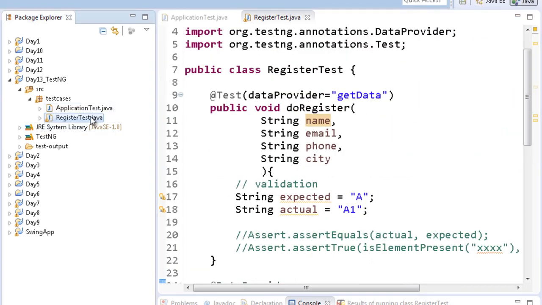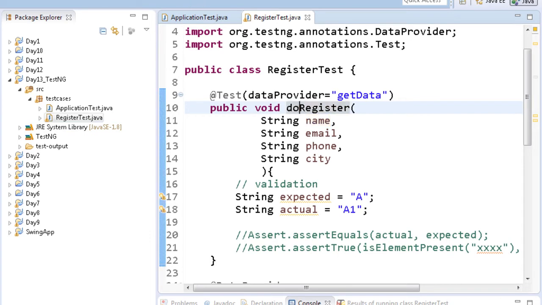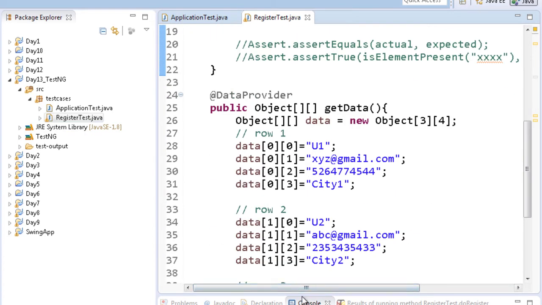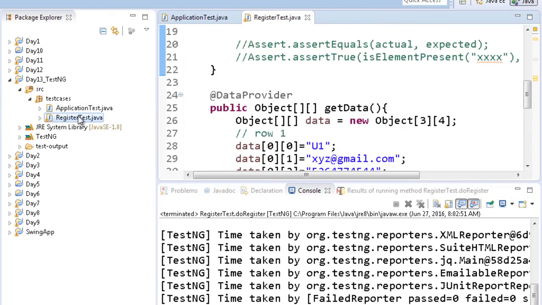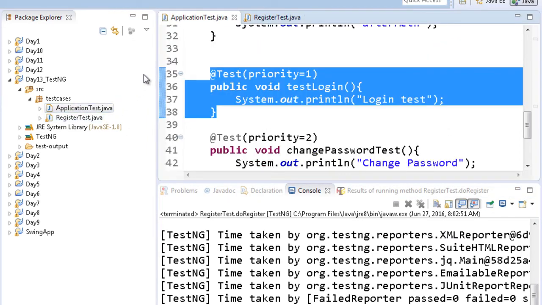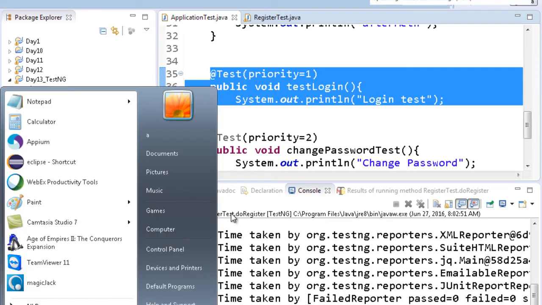Now you can run one Java file at a time if you want. What if you want to run both these Java files together? You have to do a batch run. That is also possible.